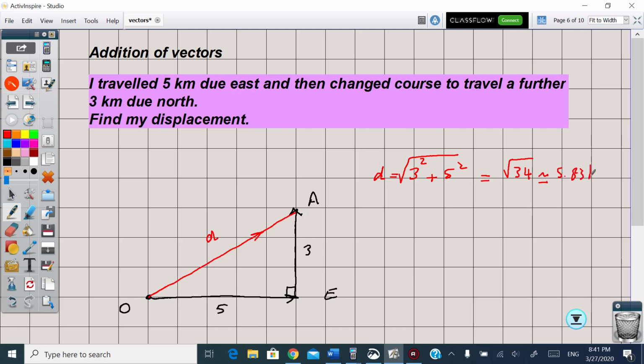To 3 significant figures. Now this gives me the distance that I traveled through. What about the direction? I can describe the direction by stating this angle, which is an angle north of east. How can I find this angle? 3 is the opposite, 5 is the adjacent, so tan theta equals 3 over 5, and therefore